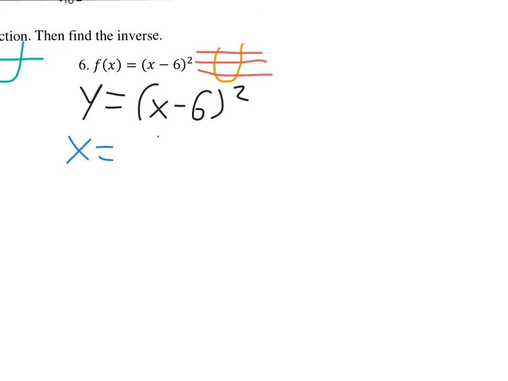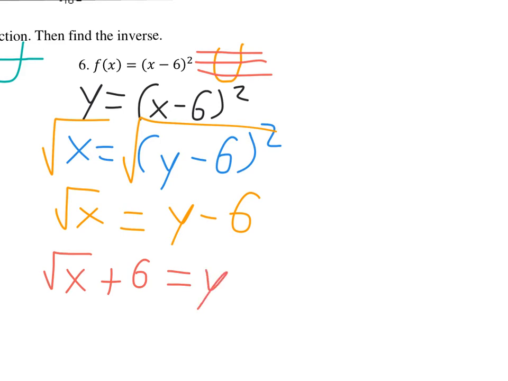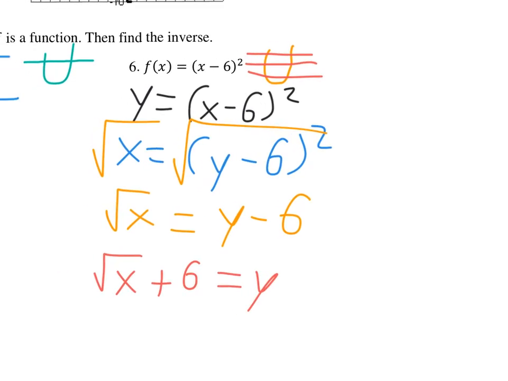So x is equal to y minus 6 squared. We're going to take the square root of both sides. Square root of x is equal to y minus 6. Then we'll move that minus 6 over, so we'll have the square root of x plus 6 is equal to y. Because we're doing the square roots, we have our plus or minus. But this, folks, is not a function, because we'll have an area where the inverse will fail the